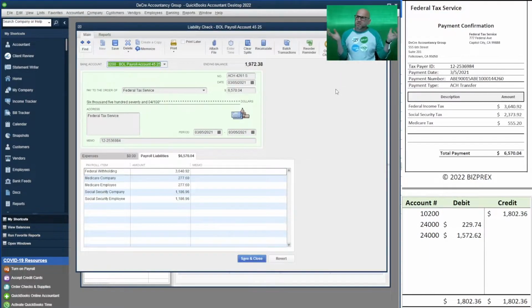Some people say, why didn't you pick the whole payroll period that was paid? For payroll taxes, it doesn't matter. The only thing that matters for payroll taxes is the day you pay. That's what starts the clock, that triggers everything. Prior to that, it depends on the labor laws. You could have a whole year's worth of payroll that you didn't pay, but then you paid on that one